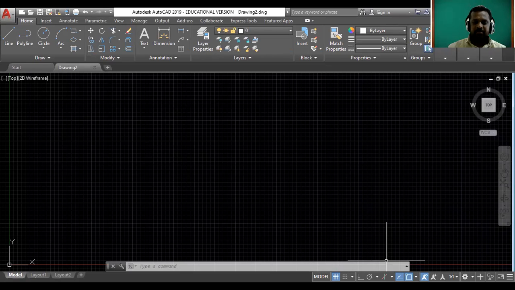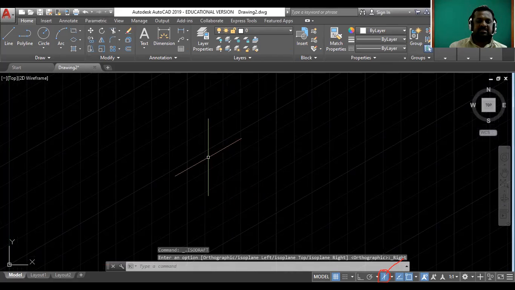See here, isometric view is given here. So I will draw here. Just one minute. See here one symbol is given at the bottom side. I will make the circle here. Now it is visible. Just click here. What is the name of the symbol? That is isometric drafting. Now it is off. Whenever we want to draw the isometric view in AutoCAD, at that time your isometric drafting should be on. How to make it on? Just double click here.